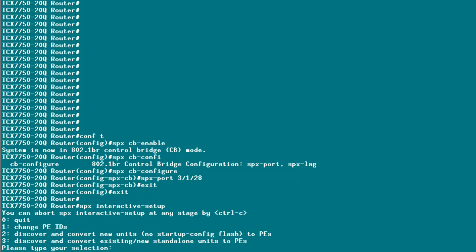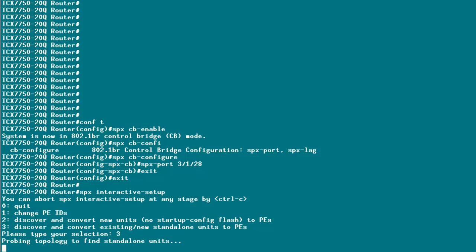Now we can see we have a few options. Option number 0 is if we want to quit our interactive setup utility. Option number 1 is if we want to change the PE IDs for existing PE chains or PE rings. Second, if we want to discover and convert new PEs. And third, if we want to discover and convert existing PEs. I'll select option number 3 to show you how we can convert switches with existing configuration to become